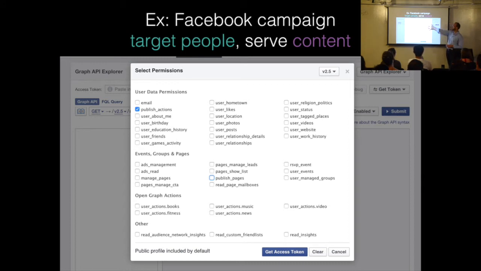Okay, so this is basically how it would look if you want to be able to target people. Green is the color we're using for digital marketing. Purple is what we're using for data and machine learning stuff, right? If you want to target people and serve content to a specific demographic, the hypothesis here is that if you can specifically target people who are like the kind of people you want to have an outcome for, or that you want to engage, then you can optimize your spend to only reach the people who are going to respond anyway, right?